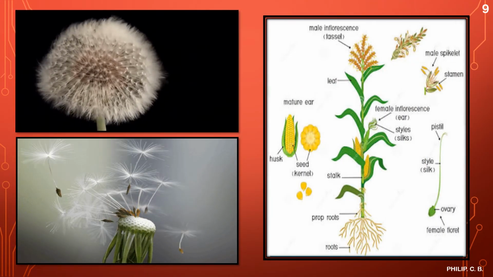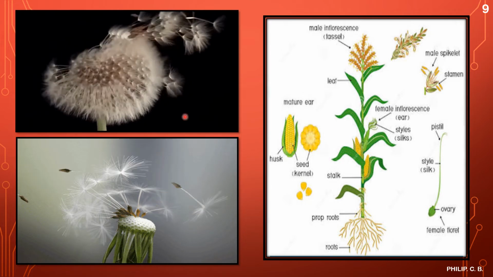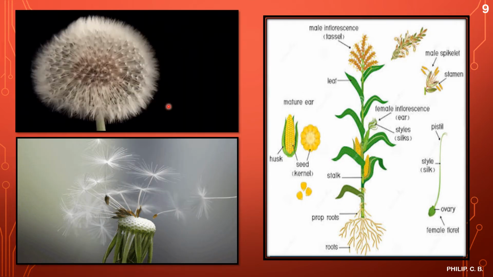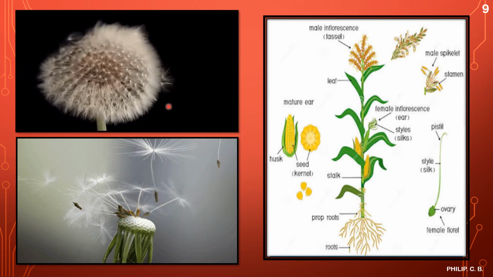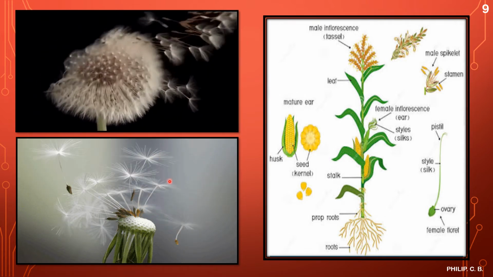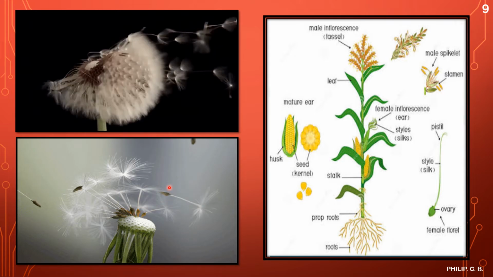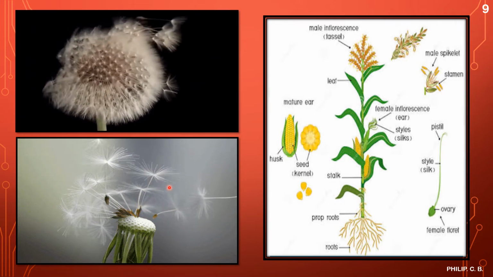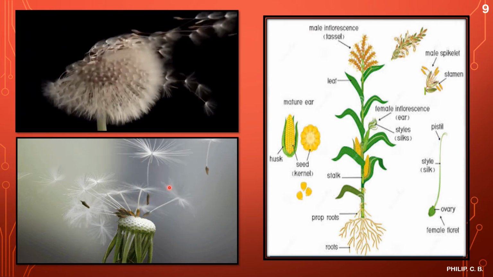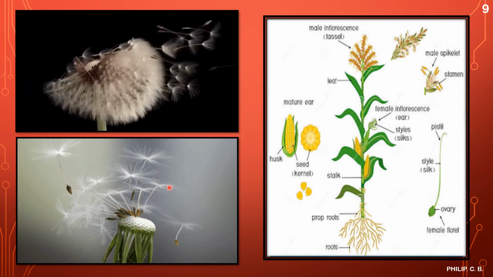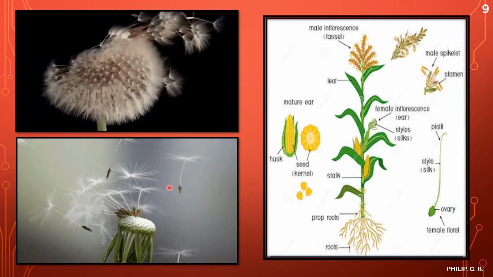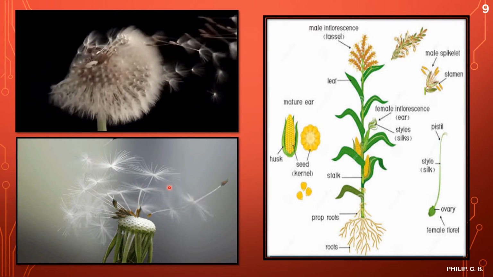Now here again are a few more animation images. You can see here, in the case of wind pollination, how slowly and steadily the wind carries the pollen grains. And you can see it has a parachute-like, umbrella-like structure, because of which, as the wind carries it, it can remain floated in air for a longer period of time, so the probability of pollination increases.